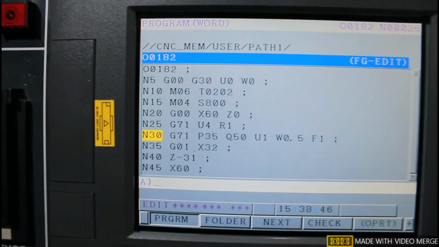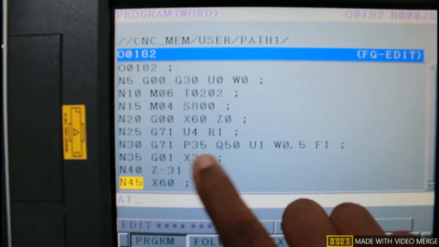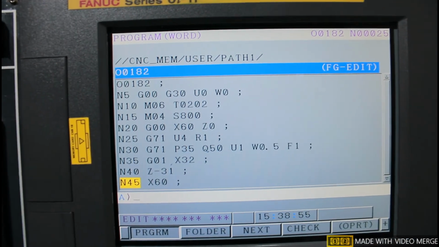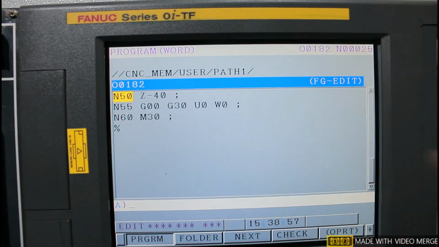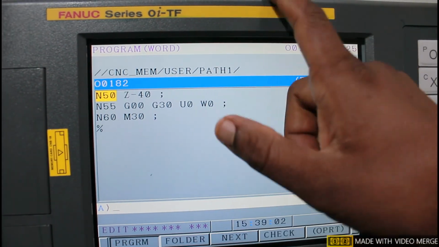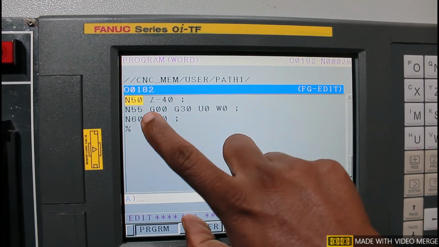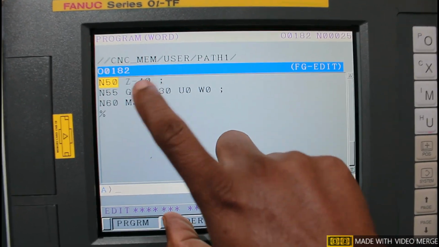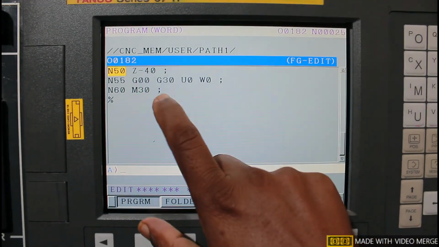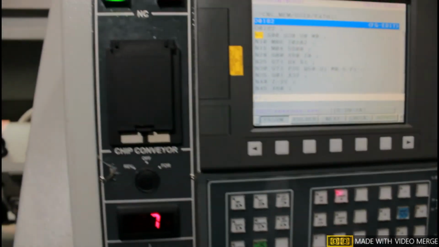This is the starting line of this profile or contour starting point, that is N35. And then the contour will end at 40. So this is at the Q position, and we have to write this number at Q. After completion of this profile, the tool will move to its home position, and this is for program end and rewind.